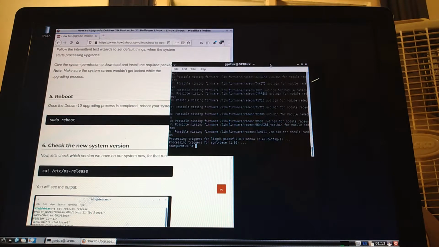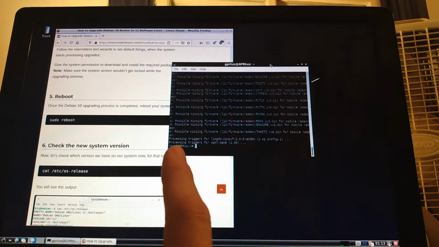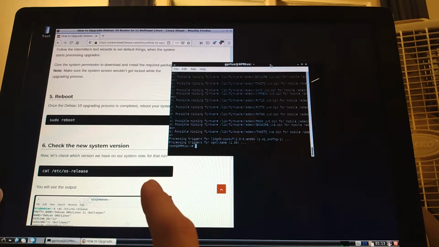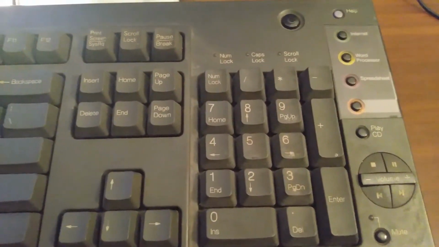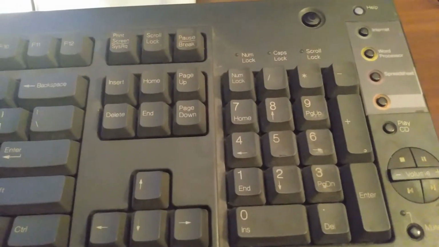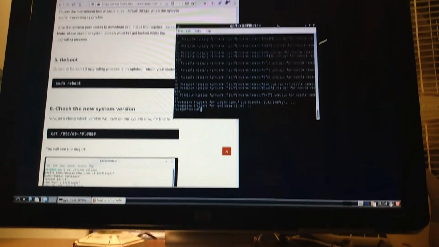Okay. Do you know what I'm gonna do? See, I have this cool IBM keyboard here. I think this is from an Aptiva. It's no Model M, but it's still a pretty nice, cool keyboard.